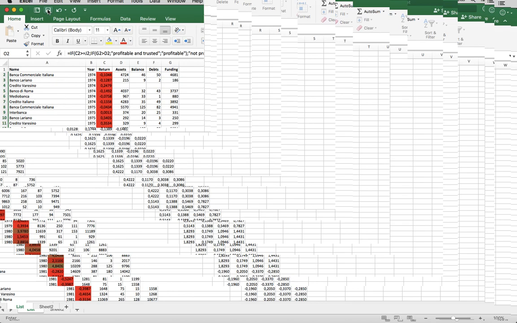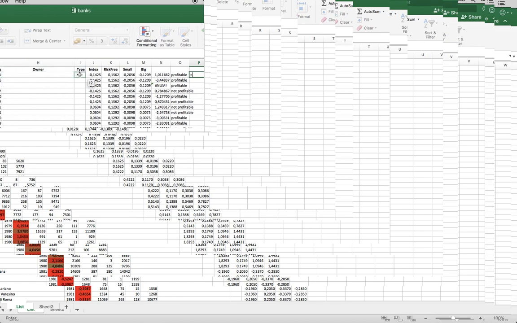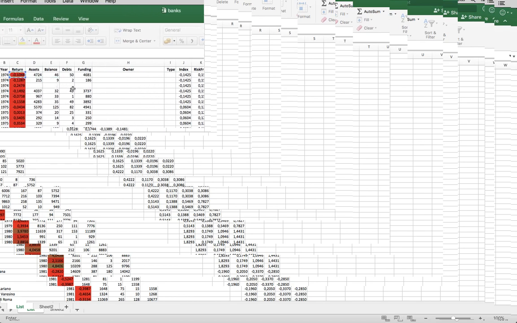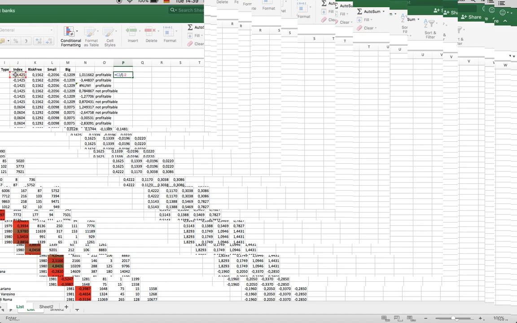Fill column P with return divided by index minus big when funding is larger than 10,000. Otherwise, return divided by index minus small. Equal. Okay, you have two alternatives here. Either you start with if, or you can do it the easier way: return, where is the return, divided by index minus,